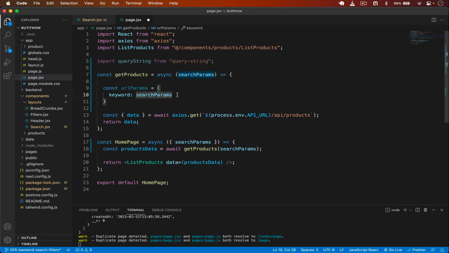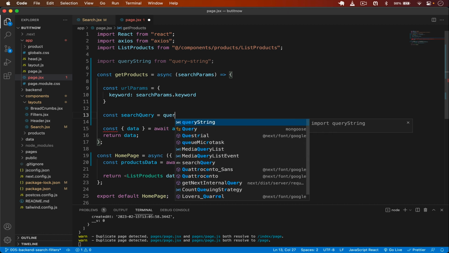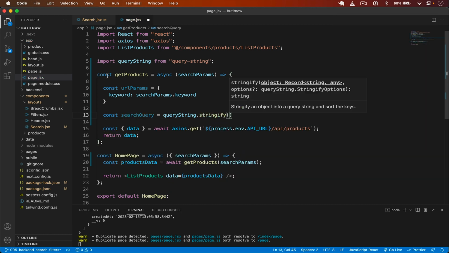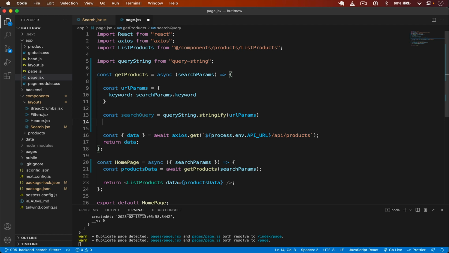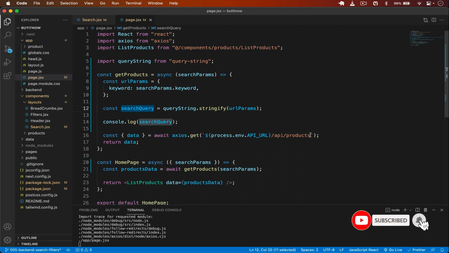Okay, so search params dot keyword, and then after that I will simply type here const search query is going to be query string dot stringify. In that I will pass here the URL params. So now it will handle all that stuff for us, and it will prepare our search query. If I log that here, search query,